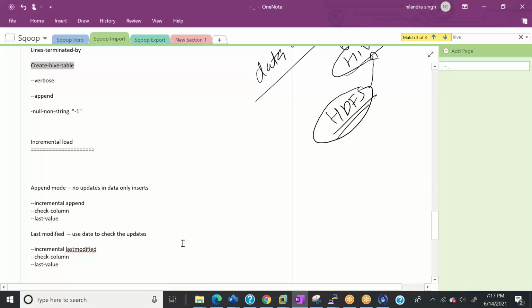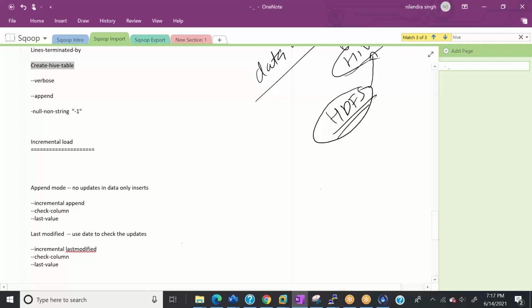Now a few more important things which I need to cover today. So let's say you have a table, right? And a transactional table will have the load every day. For example, if you are a bank customer, you can buy things every day, right? And so let's say if I want to pull data from banking table to some HDFS, then there are two ways.